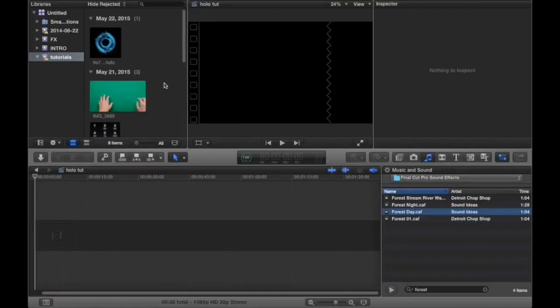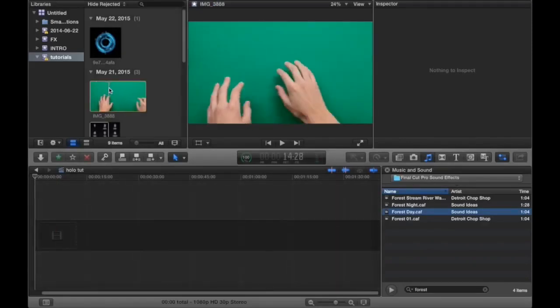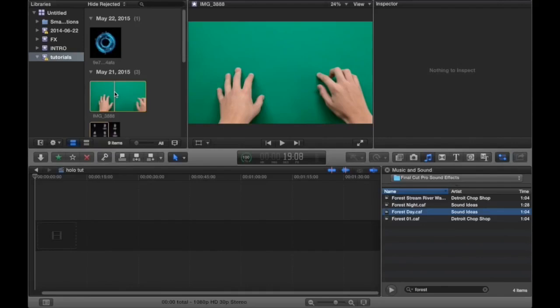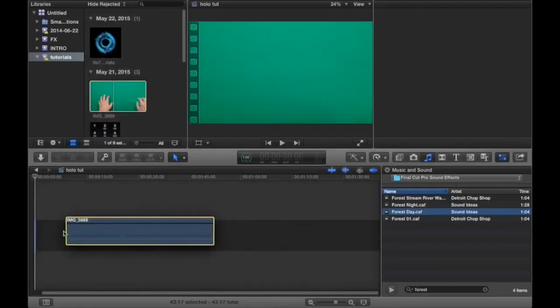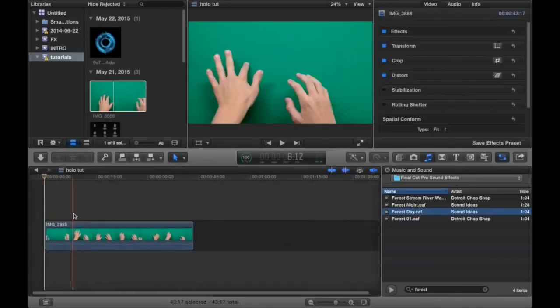Alright, so in getting started you need to shoot your footage. Now I shot mine in front of a green background because the hologram was going to be underneath me. But if the hologram is going to be in front of you, you don't need to do this. So I'm going to take my footage down,